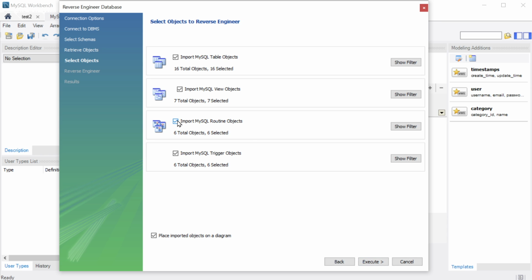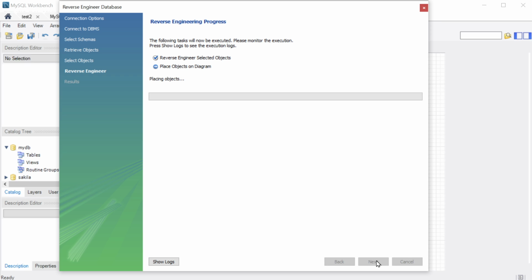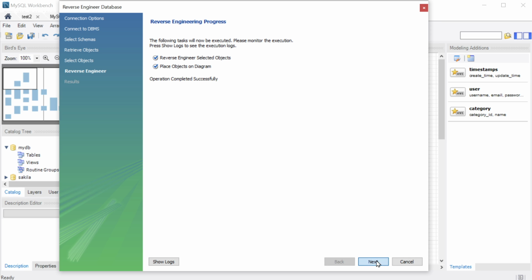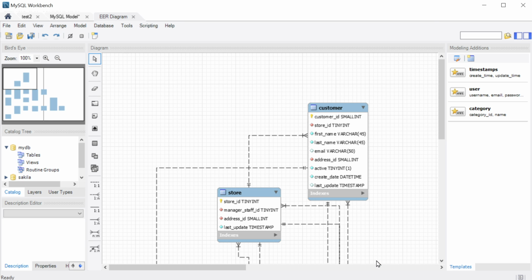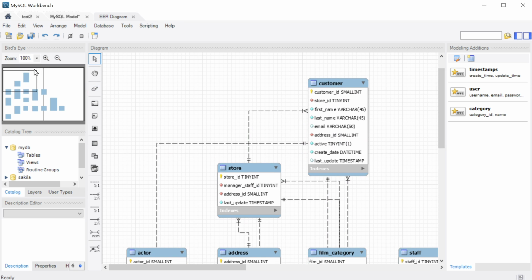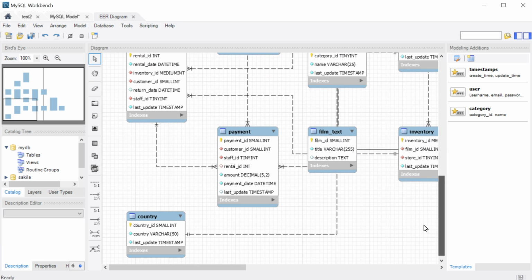Next. And I want the tables. I don't want to bother with the other stuff right now. Operation completed successfully. 16 tables from Schema. All right, here we go. As you can see here, we have our tables. This is showing us where this rectangle, where this view is. So we're in the upper left corner, and I can move around here, look at all the different tables